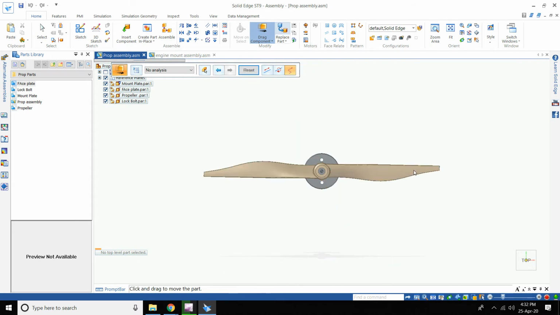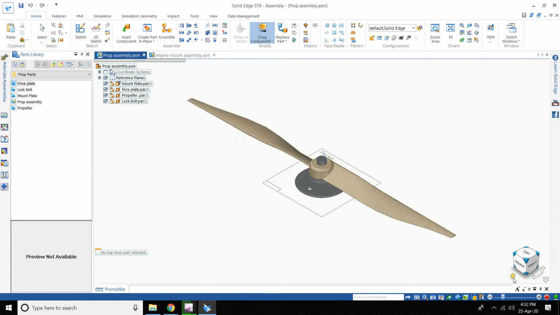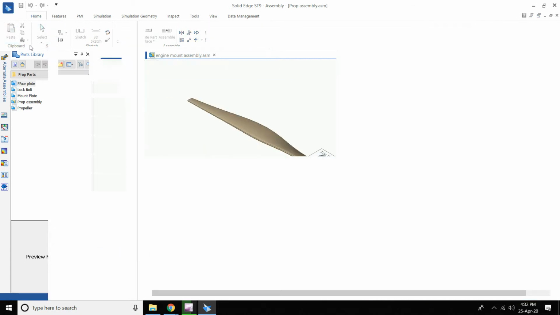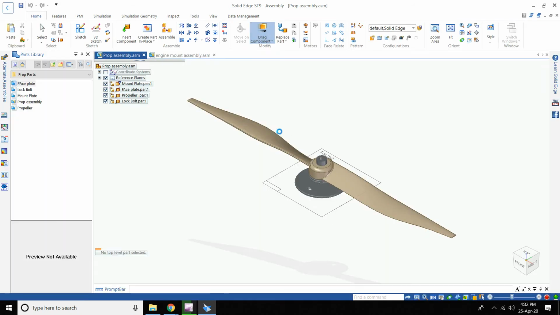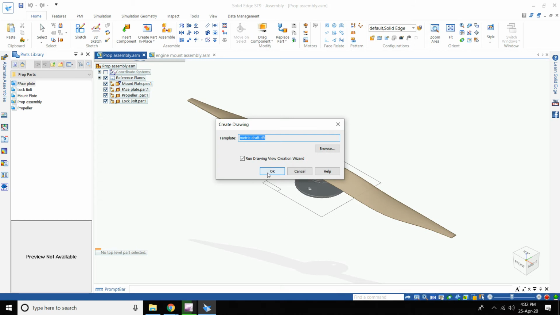Try to keep it at a 180 degree angle. However you place it here, that is how the draft will be. If you keep it at a different angle, you won't be able to take a sectional view out of it. So just keep it like this, and then go new, drawing of active assembly, choose your desired, that is metric,